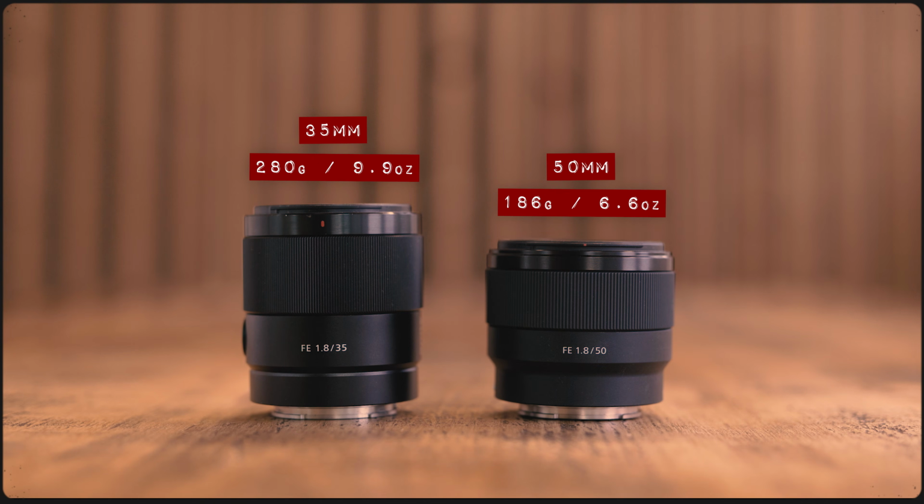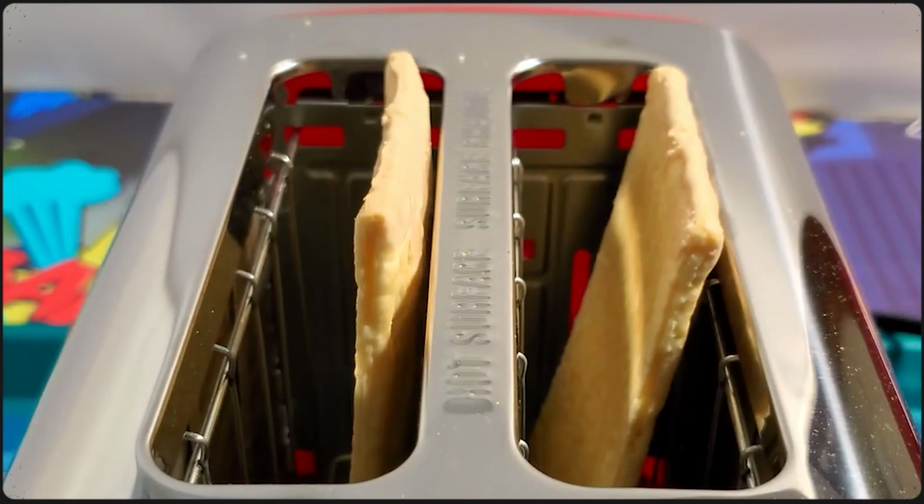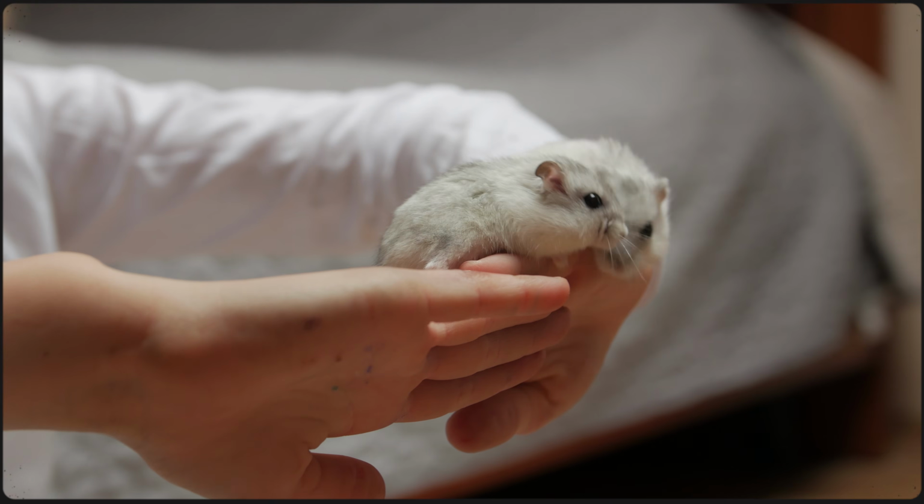So featherweight would be a bit of an understatement when describing either of these two lenses, but this is especially true for the 50mm. To help put some context into just how lightweight this thing is, it weighs roughly the same as about 4 cinnamon Pop-Tarts, or around 2 adult hamsters, or even the same weight as around 15 human